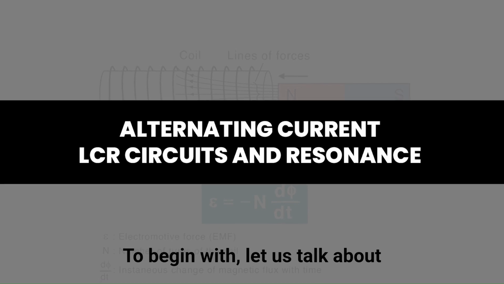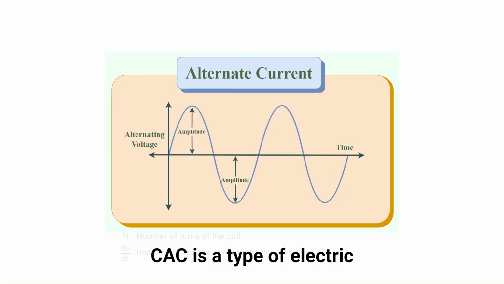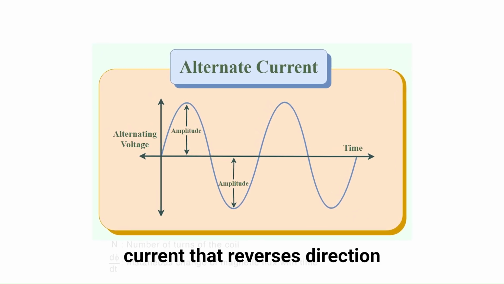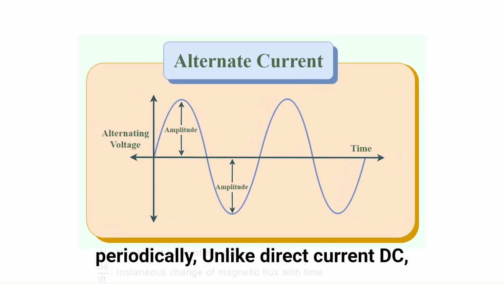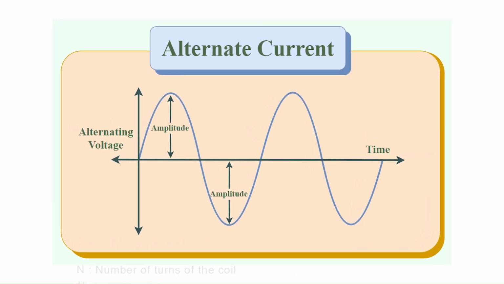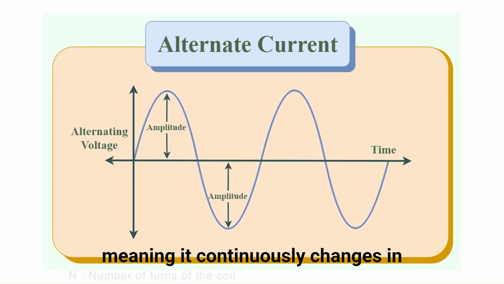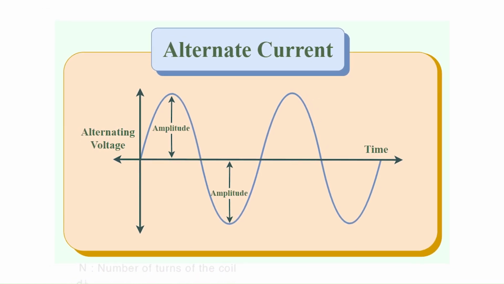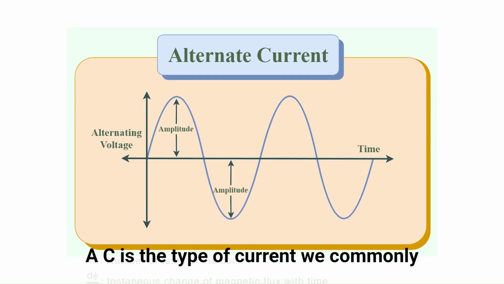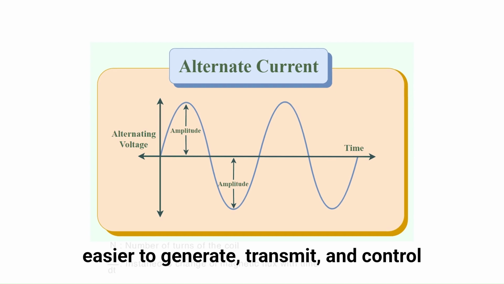To begin with, let's talk about alternating current, AC. AC is a type of electric current that reverses direction periodically, unlike direct current, DC, which flows in one constant direction. The voltage in AC also oscillates, meaning it continuously changes in magnitude and direction over time. AC is the type of current we commonly use in homes and industries because it's easier to generate, transmit, and